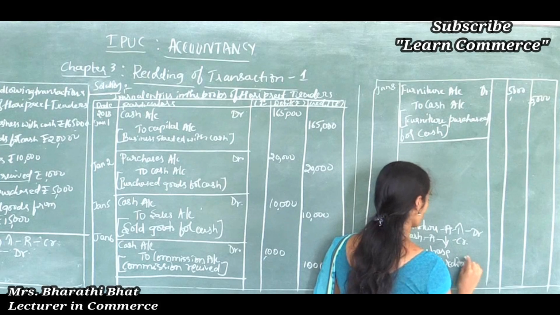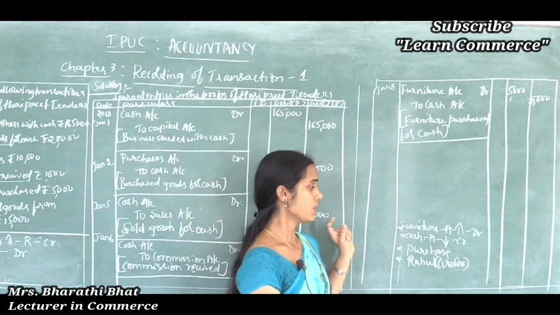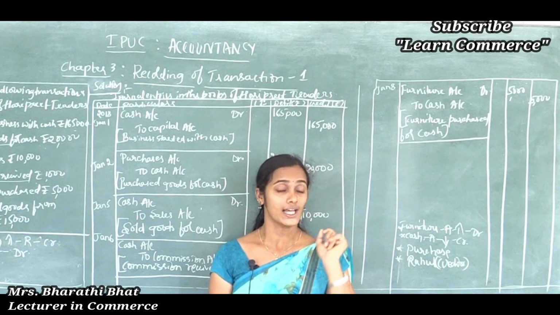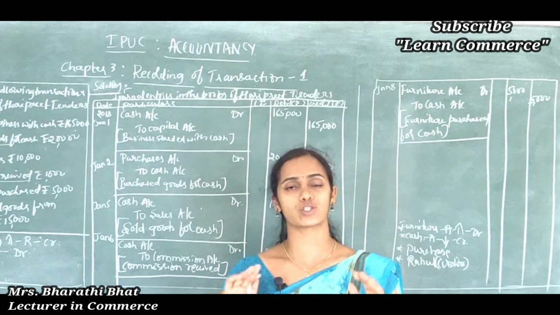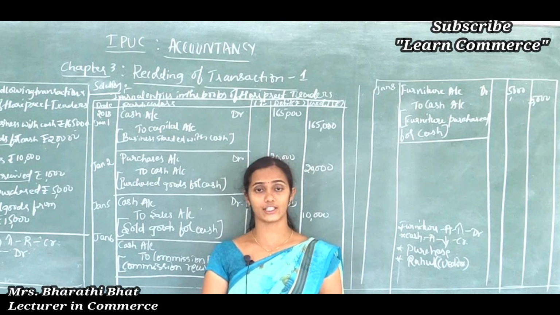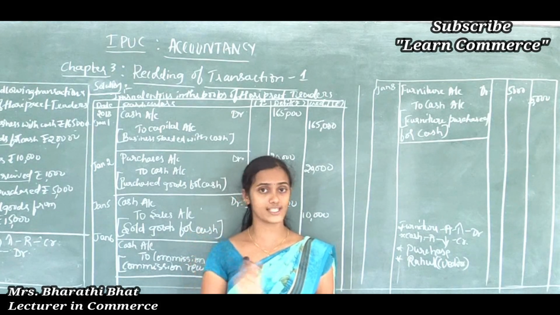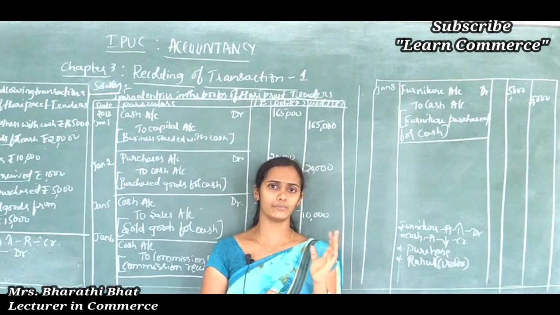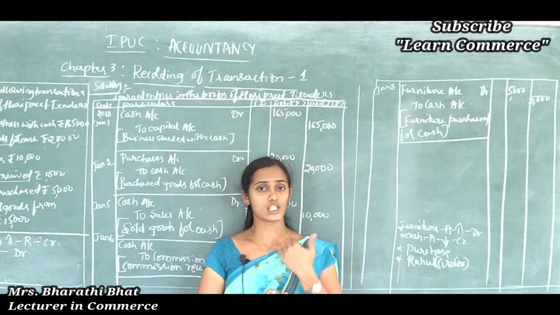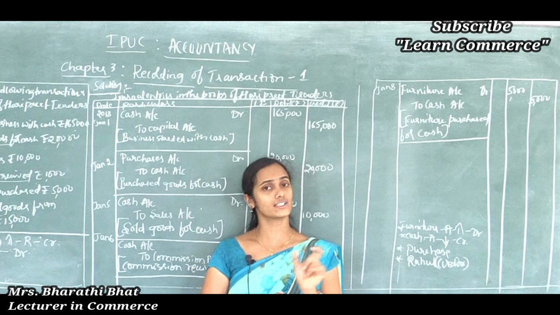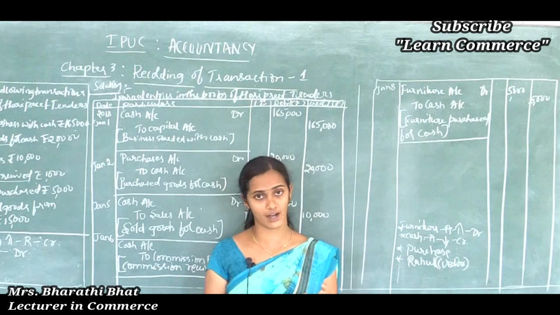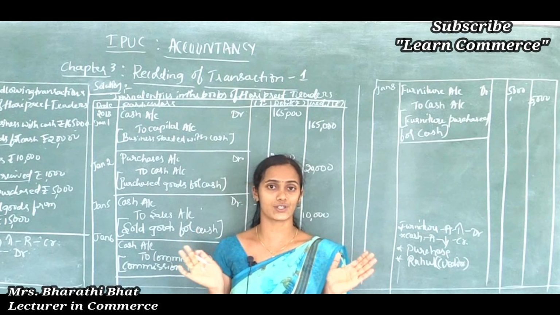Rahul is considered as a creditor for the business. Creditor means it is a liability. So creditor comes under liabilities account. Say for example, sold goods to Rahul, then it is also considered as credit transaction, but at that time Rahul is considered as a debtor. Means Rahul is considered as an asset of the organization because we sold to Rahul on credit. So in the near future we will receive some amount from Rahul. That's why he is considered as an asset.